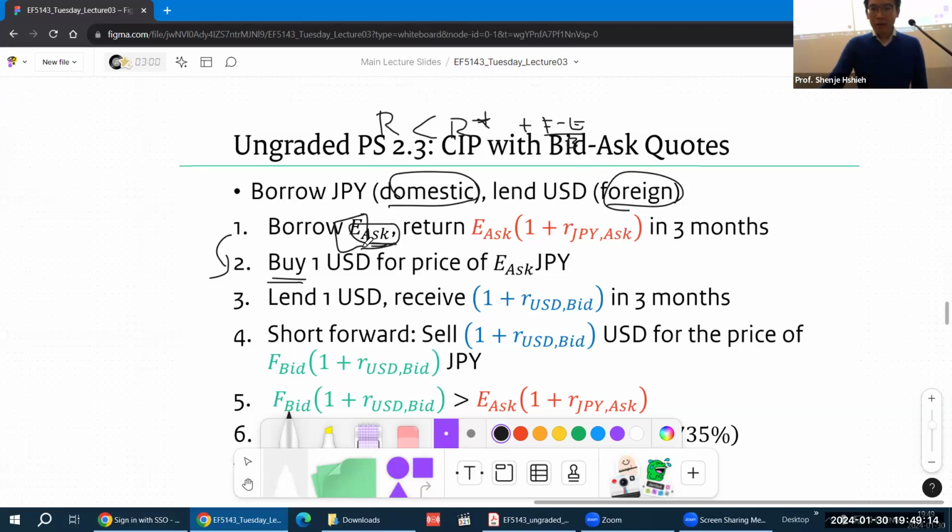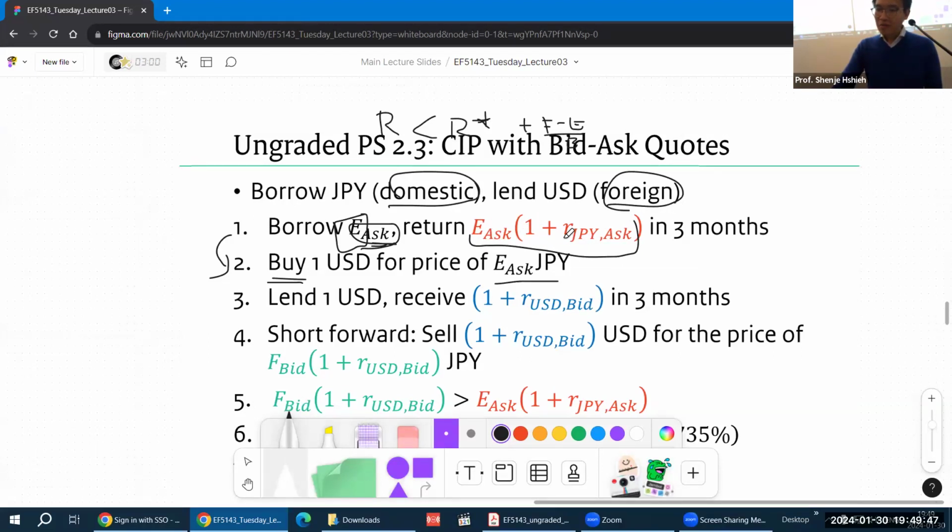So we borrow some amount, so E, and we have to go and buy the foreign currency, right? But we don't know if we're buying at the bid or ask. We don't know if we're going to use bid or ask until we look at step 2, in which we realize that we have to use the currency to buy something. So when you buy something, you have to pay at the higher price, which is ask. So buy 1 USD for the price of E ask,